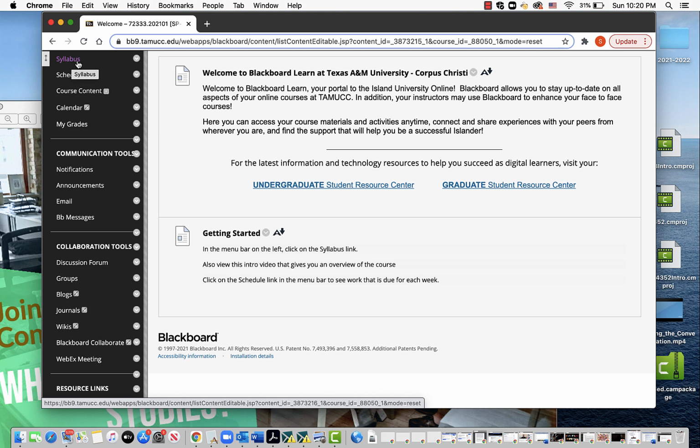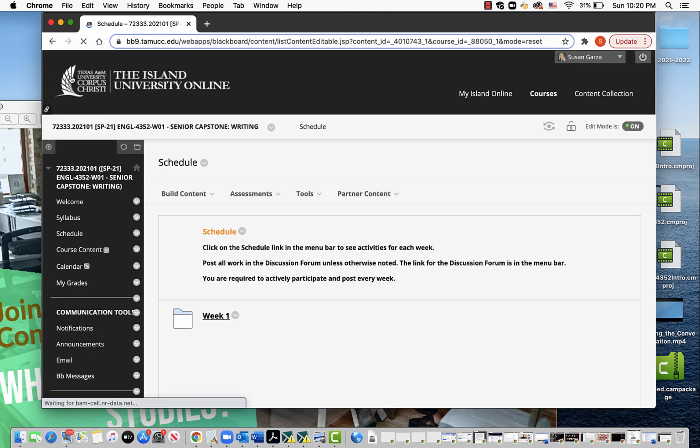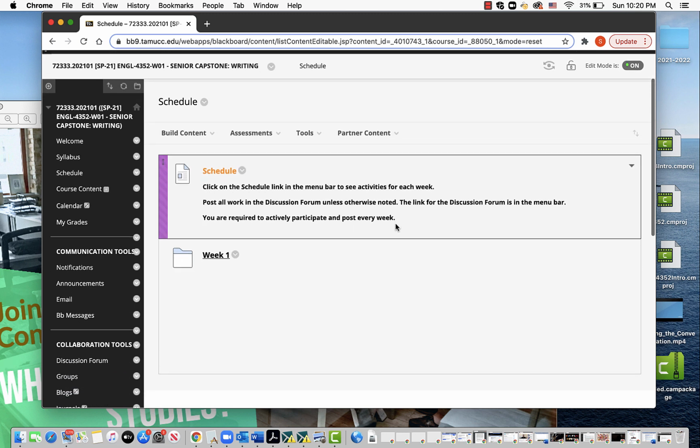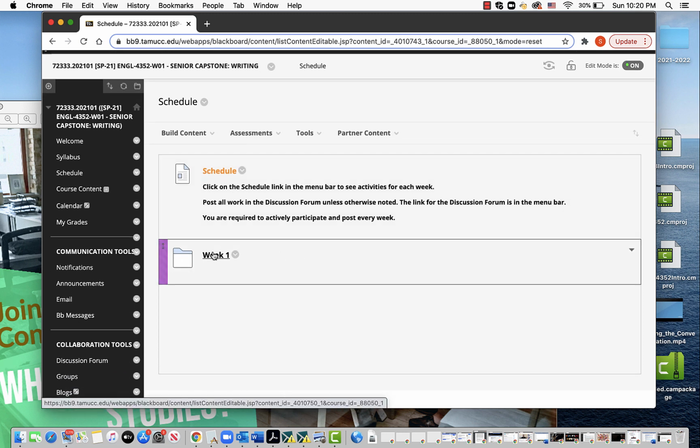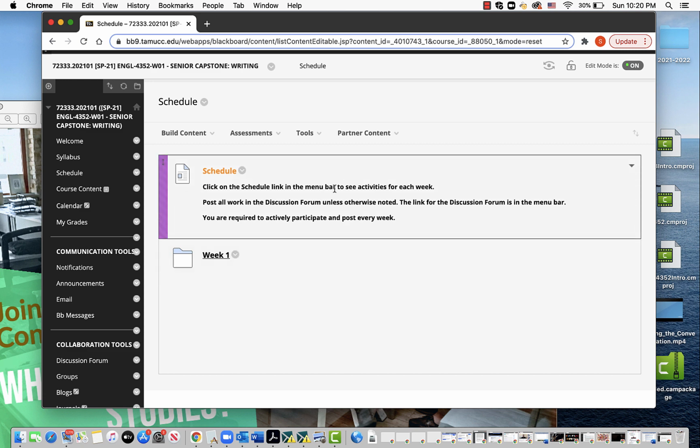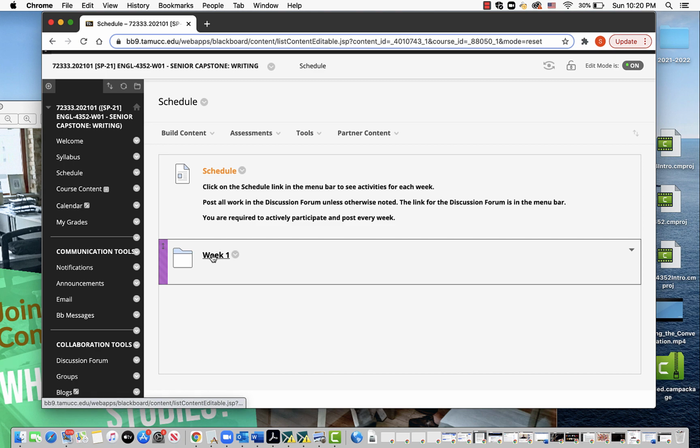Once you've looked at the syllabus, you can see in the schedule, I have set up the schedule on a weekly basis. This is probably the most important thing we'll have. The schedule is the Bible, the backbone, the thing that makes everything work. Everything revolves around this, so make sure that you're always checking the schedule, at least a couple of times a week, if not more. Here's some general information. And then if you click on week 1,